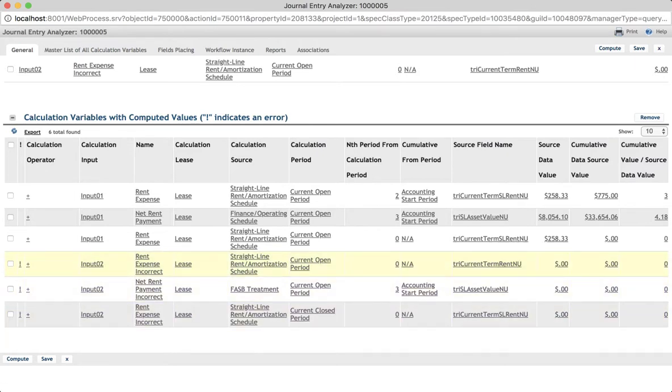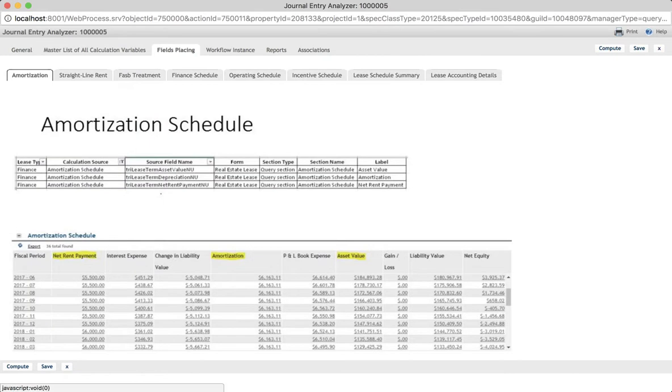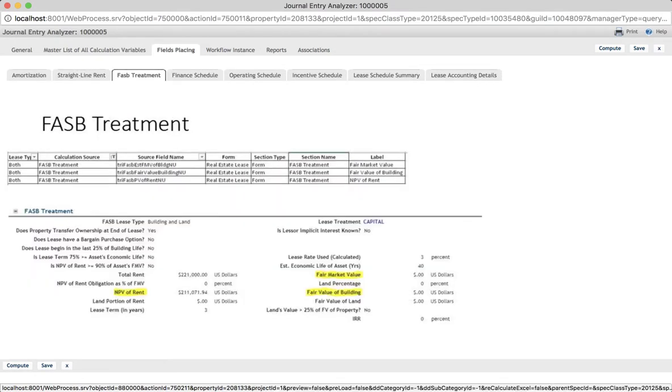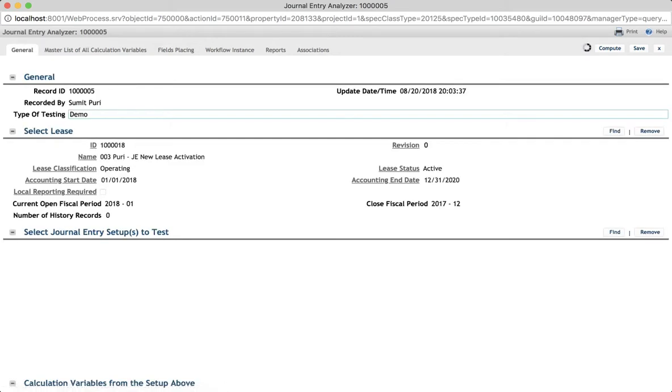Now it means that these 3 input 2 variables will need some thought process as to why they did not pull any data. In order to assist with this, we have a tab called field placing, where we have a visual view of the field names, field label, and the section where they belong. On all these subtabs, these are the calculation sources. So if, for example, we have an operating schedule calculation source, we can check whether the field names shown here match with what we have in